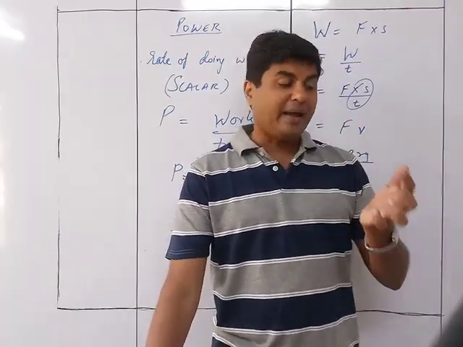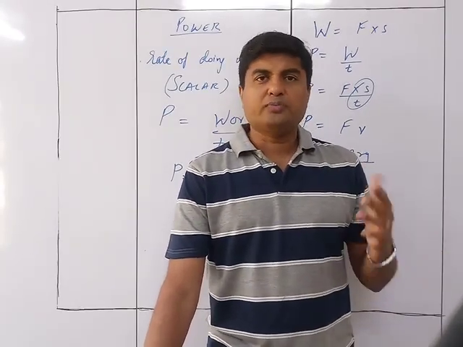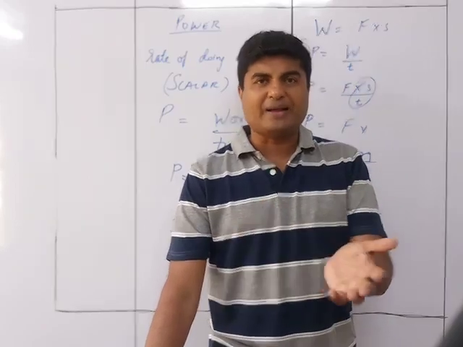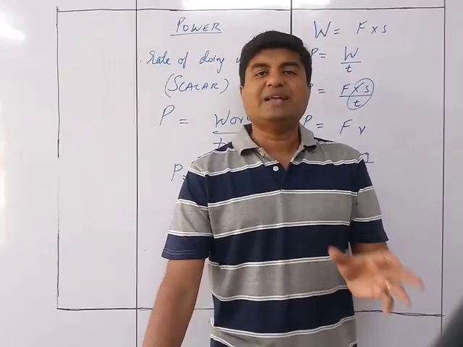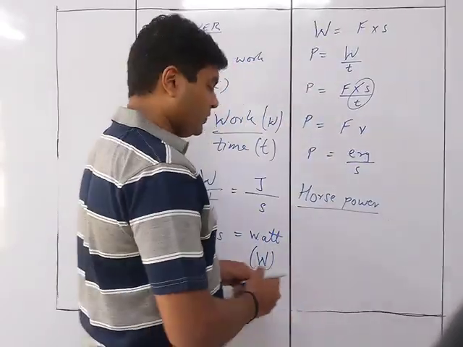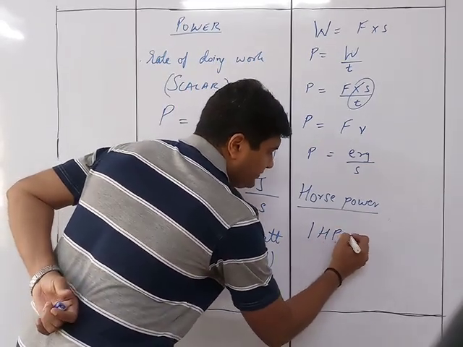is that of a bike. Bike इतने BHP का engine है. Maybe if you have heard it, the horsepower HP over here, that इतने HP का मोटर है, 5 HP या 6 HP का मोटर चाहिए, then that HP over here is nothing but horsepower, and it has got a specific unit that 1 horsepower is equal to